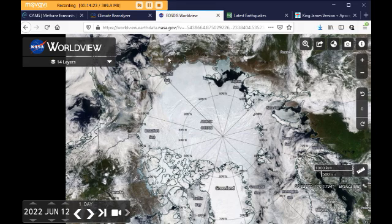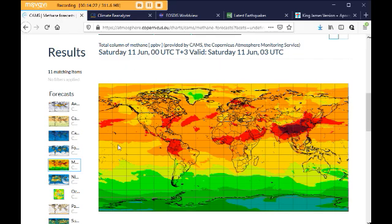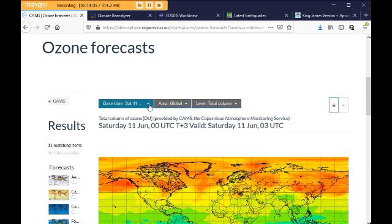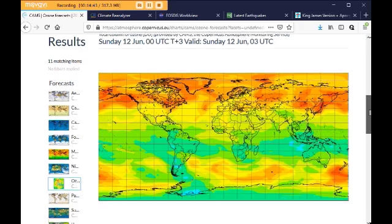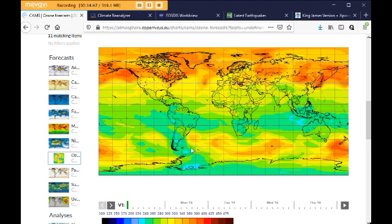Now before we go on to NASA Worldview, we'll look at the ozone real quick. Go to today. Here it is with the global view. See the break. That's where we're seeing the 2-meter temperature anomaly all week, and we've got aqua down here over the Weddell Sea, then the break coming up through South America, and see we've got greenish up in the North Atlantic coming onto the west coast and that greenish color is right here